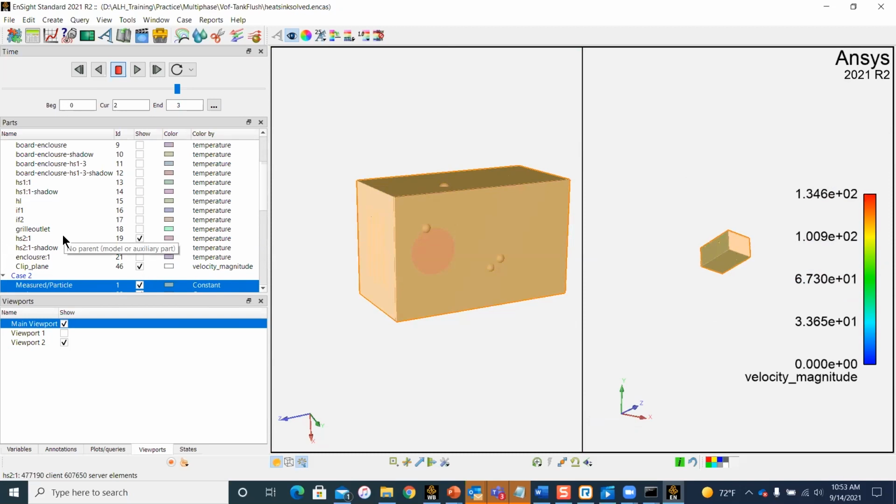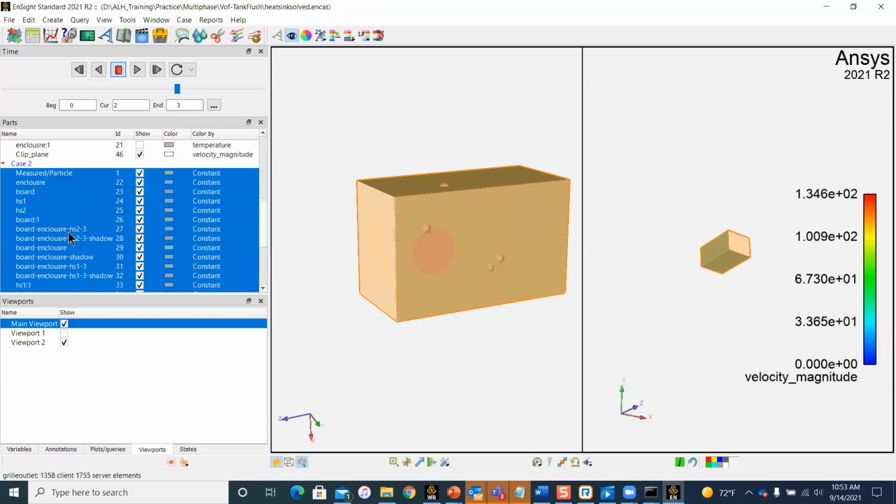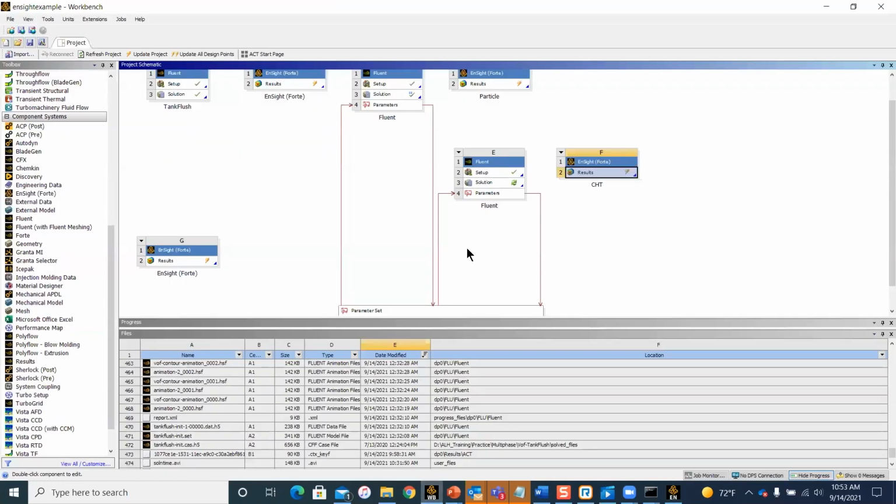compare it. Now, one thing that I wanted to cover before I end the session is how to do a particle export, because you know, that is one thing that a lot of people, a lot of questions have come in the past from our customers. How do I, you know, export particle data? So let me go ahead and quickly show that on the Fluent end of